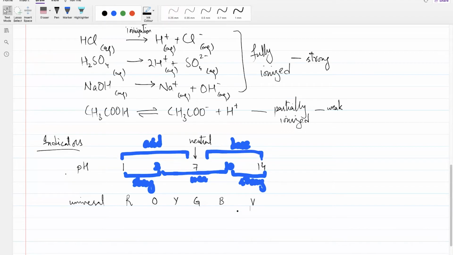So इसका मतलब है, आपसे वो कहते हैं कि अमोनिया एक weak base है, तो कलर क्या होगा? ब्लू बोल दो। सोडियम हाइड्रोक्साइड स्ट्रॉन्ग बेस है, कलर क्या होगा? पर्पल बोल दो, वायलेट बोल दो। वाटर एंड न्यूट्रल है, क्या कलर होगा? ग्रीन। कार्बन मोनोऑक्साइड है, क्या कलर होगा? ग्रीन। वीक एसिड है एथेनोइक एसिड, क्या कलर होगा? येलो। स्ट्रॉन्ग एसिड है HCl, क्या कलर होगा? रेड। वो आपसे कहते हैं सल्फ्यूरिक एसिड भी है, HCl भी है, अब कलर बताओ, तो दोनों में रेड लिख दो। या अगर आपने चेंज करना है, तो एक में ऑरेंज है एक में रेड है, लेकिन दोनों स्ट्रॉन्ग एसिड हैं, रेड लिख दो, क्या फर्क पड़ता है?